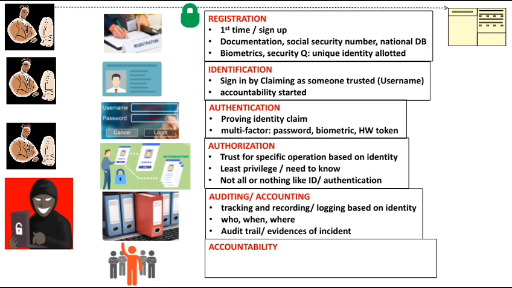Now after doing all these steps, all these steps lead us to accountability. Now the user can be held accountable for any action he has performed on this system. So if he has performed any malicious actions on this system, then he will be accountable for those actions. He cannot repudiate or deny performing those actions, because he has been identified, he has been authenticated, and the auditing or recording of his actions is also there.